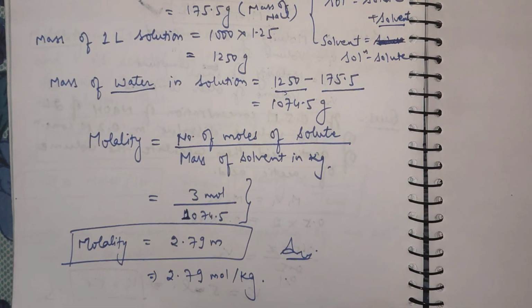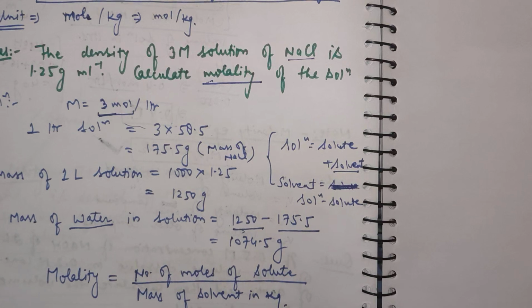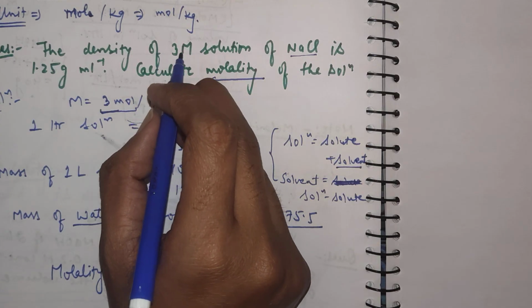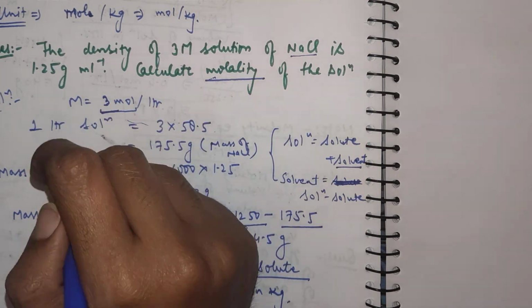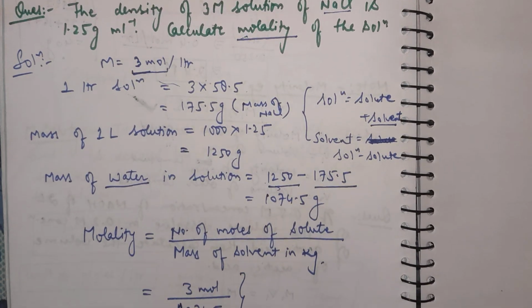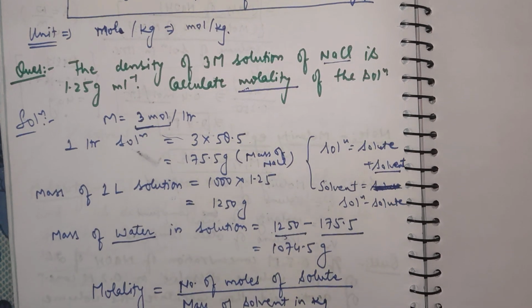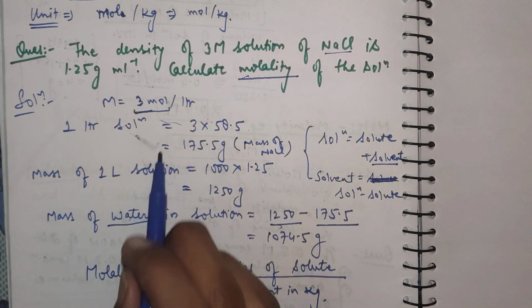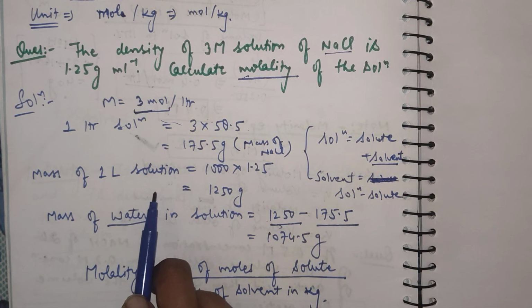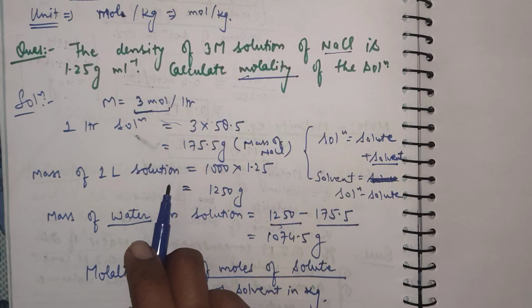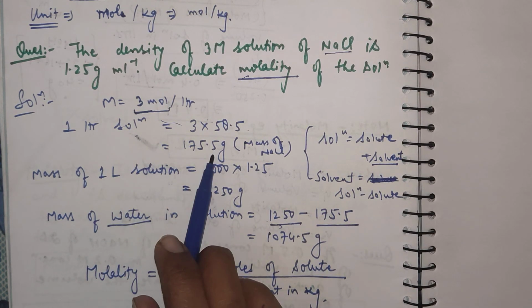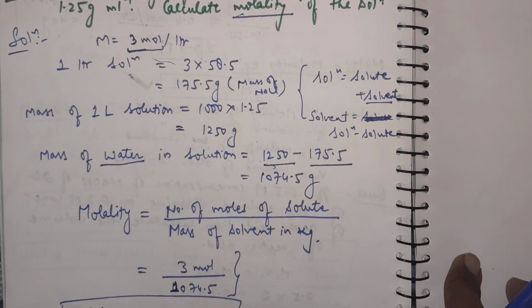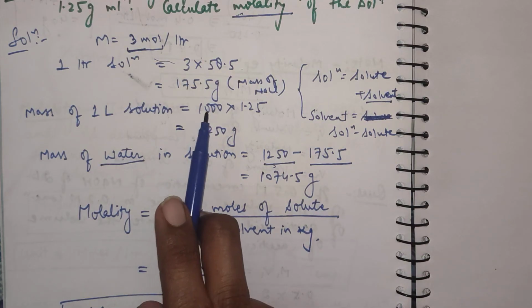So in this way, this type of tricky question can come in the examination. We have to identify what the given terms in the question are. On behalf of these terms, we can easily calculate the required term in the question. So I hope you will understand it. That is the 1 liter solution, that is the mass of the NaCl. I have just written it here. You have to understand, first we will calculate the mass of NaCl, then the mass of 1 liter solution, the mass of solute we will find here, and then the mass of solution we will find here. Then if we get the mass of solution and solute,